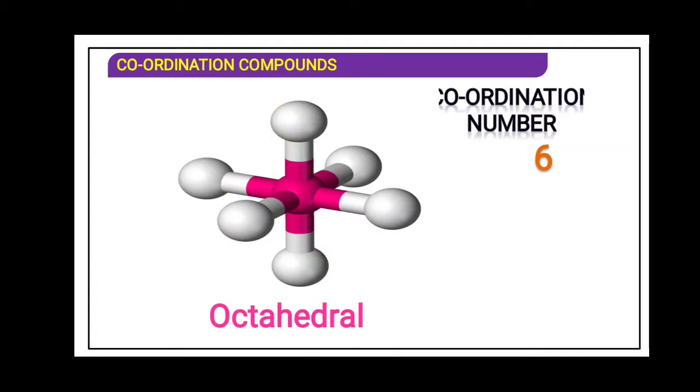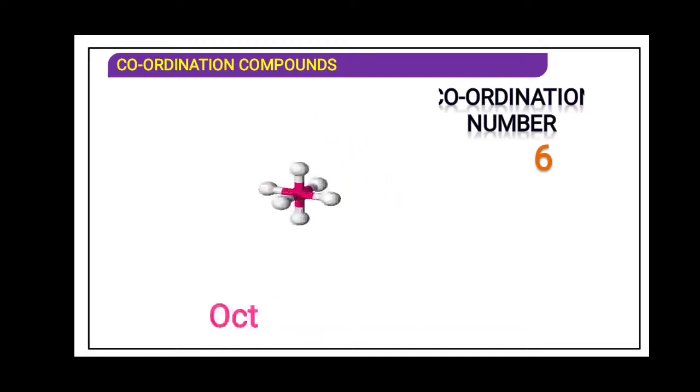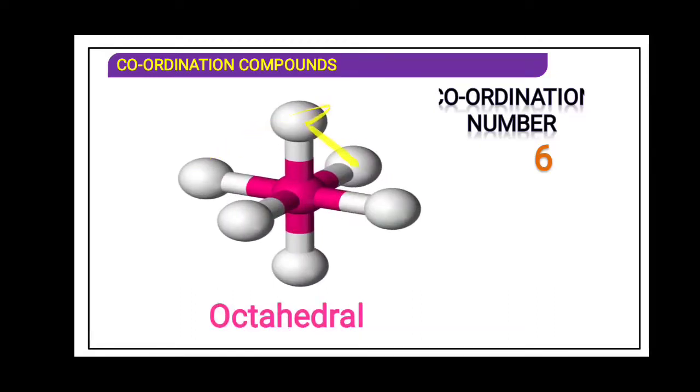Now what will happen? There will be 8 faces formed. How will the 8 faces be formed? Try to understand. If I join the diagonal of the ligands from top to bottom over here, 1, 2, 3, 4. So if I join it, it will form 4 faces. From here, one triangle, see, 1 face. This is 2 face. Now this will be 3 face. And from the back side it will be 4 face. So from the top it is 4, from the bottom it will be 4. So that is said to be an octahedral geometry.